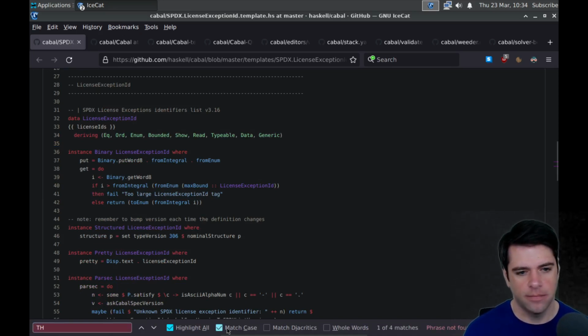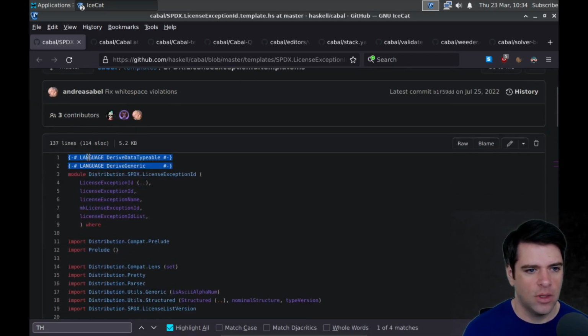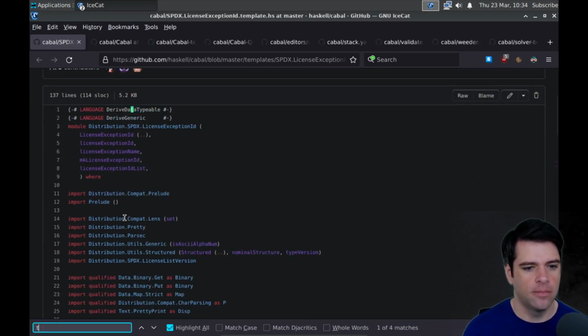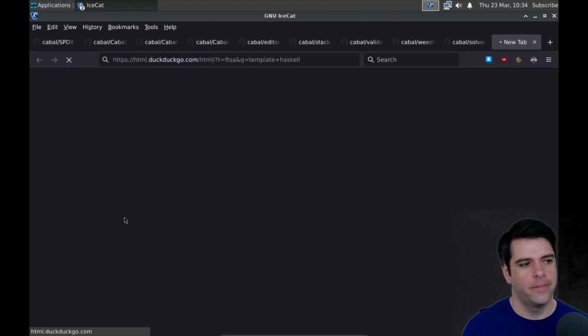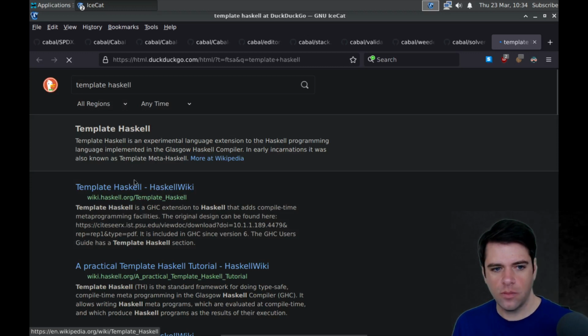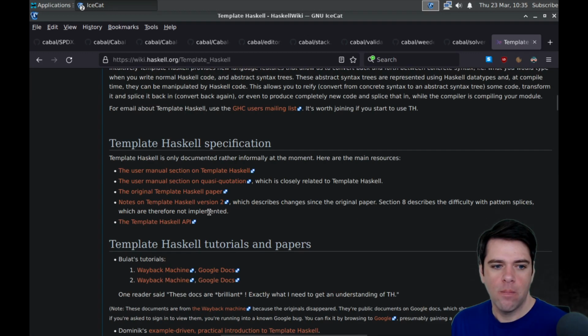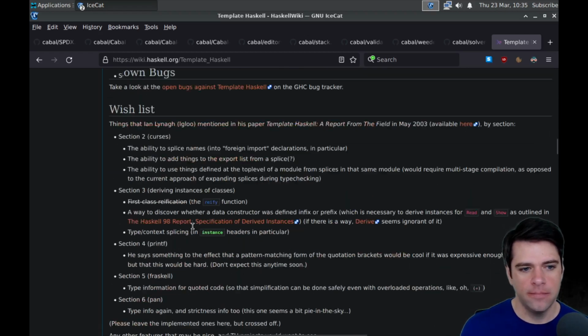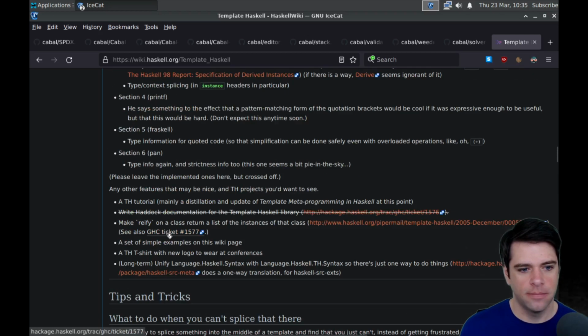Okay, match case. And I think you would have a language pragma or whatever these are called for Template Haskell. So maybe they're not. Let's look up Template Haskell. Tips and tricks.